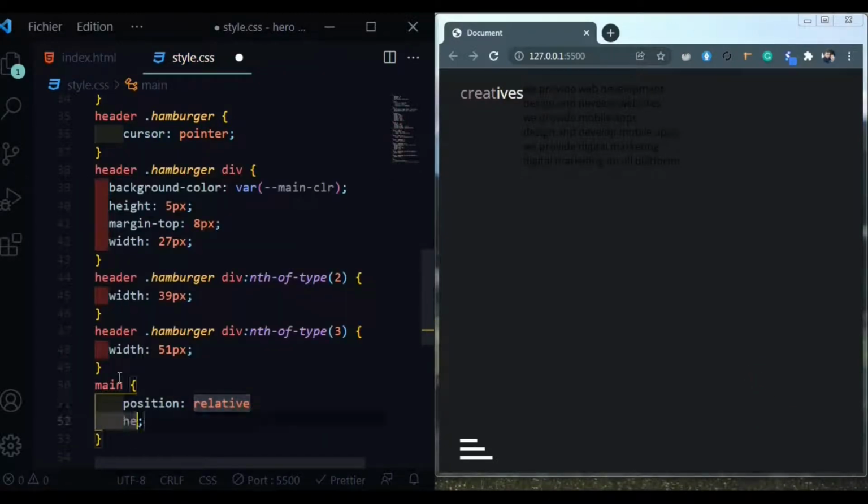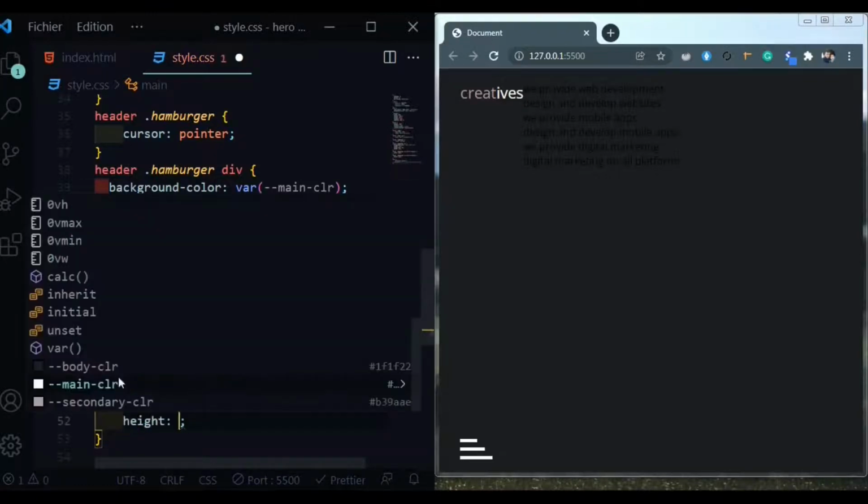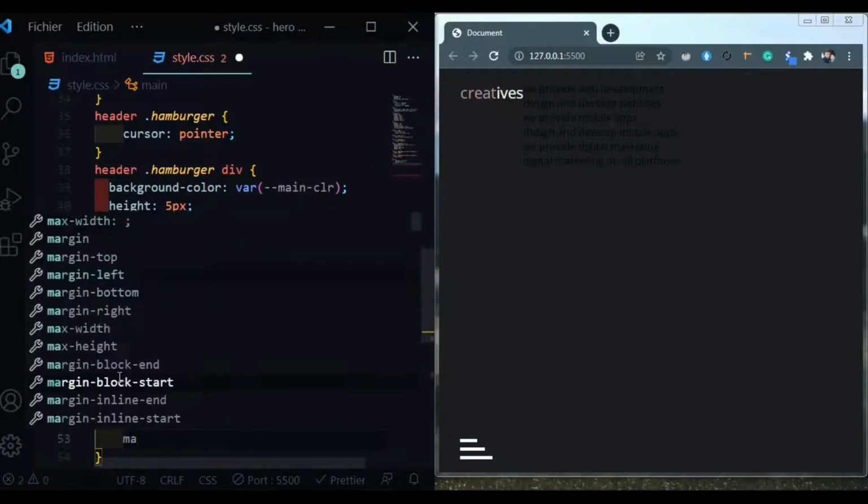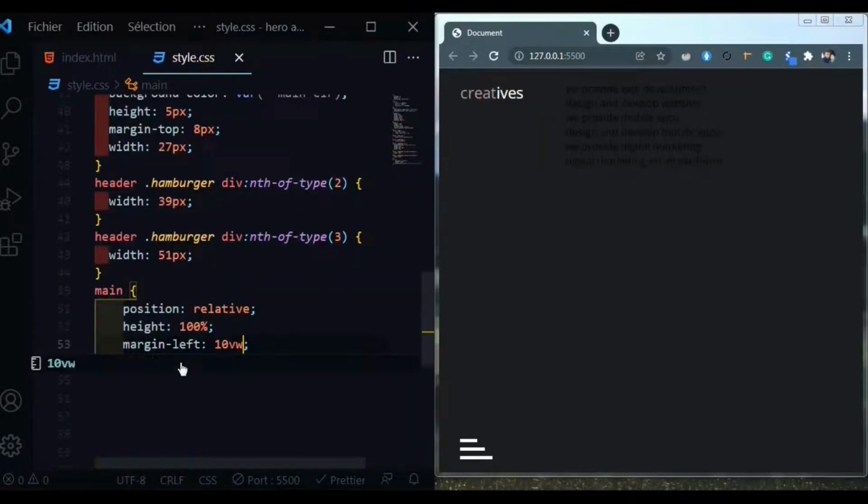Great. And main position relative, and height 100%, and some responsive margin left,